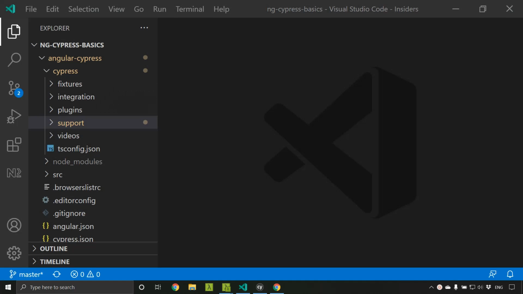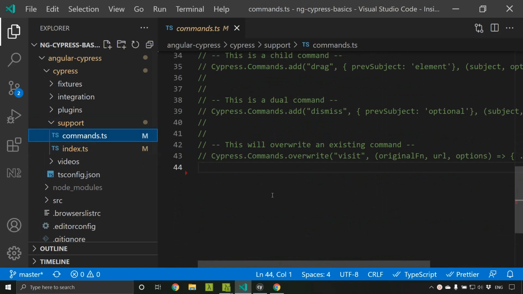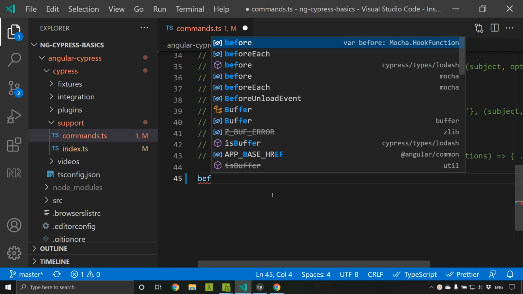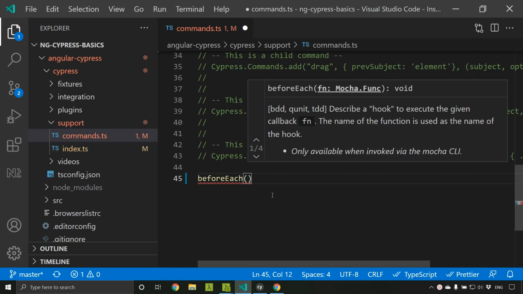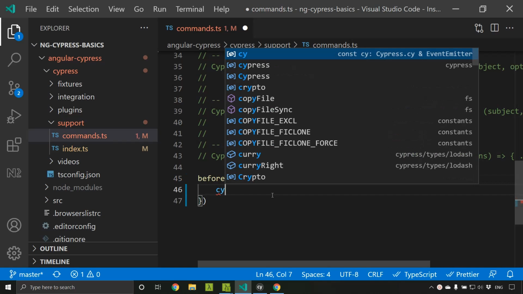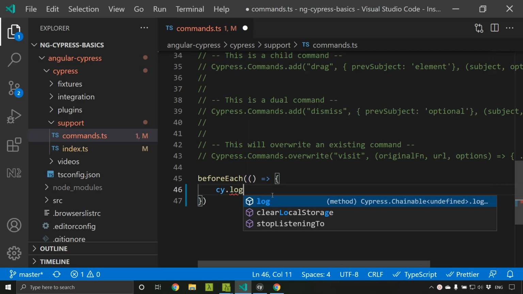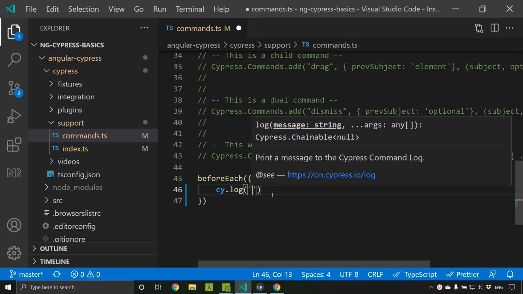Cypress also provides a provision to use support files. So these are basically commands which can be run before any particular test suite is executed. So here in our command.ts file, I am adding a beforeEach, and within that I am adding a log command from the cy log, and basically I am just adding a console.